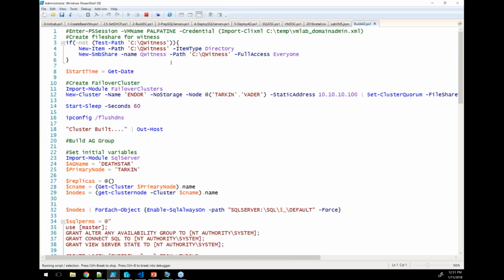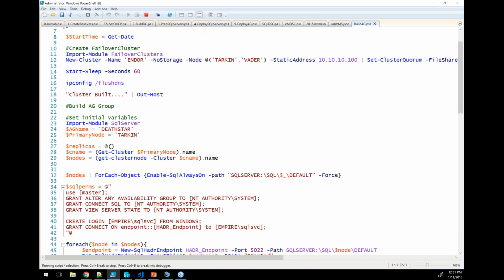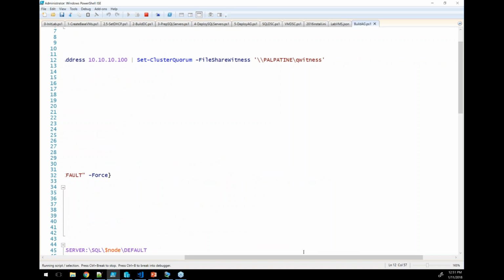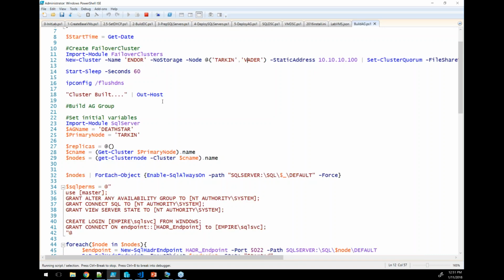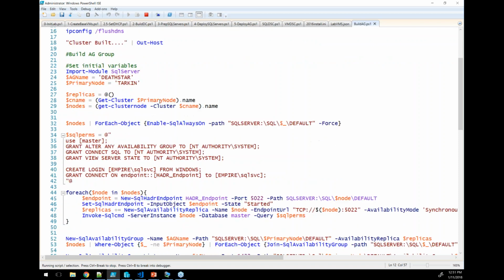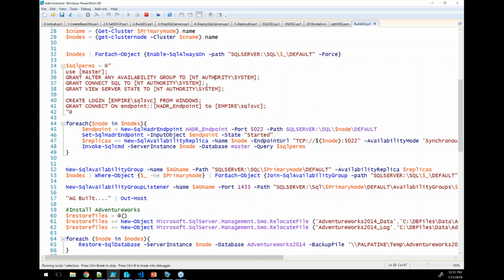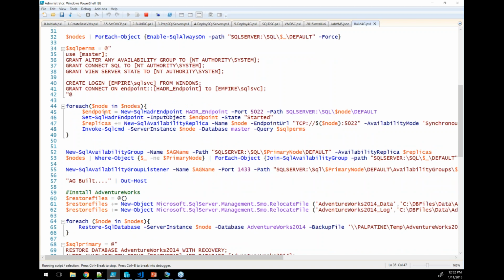So the way that the availability group works is the first thing you want to do is build a cluster. And the nice thing about Windows clustering is it's simply new cluster, declare the nodes that are going to be in it, the static IP address, and then I'm going to set a cluster quorum with the file share witness. Once I've done that, then I can use the SQL Server module, where I'm going to first enable SQL Always On. I'm going to grant some permissions to each one. The service accounts need to have these permissions: alter availability group, connect SQL, view server state, login, and connect. And then I'm going to take this SQL and loop through each node in my availability group cluster, enable the endpoint for the availability group,